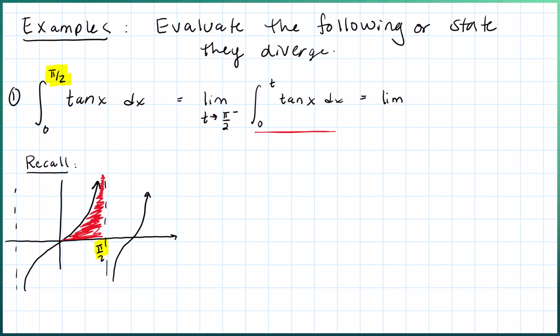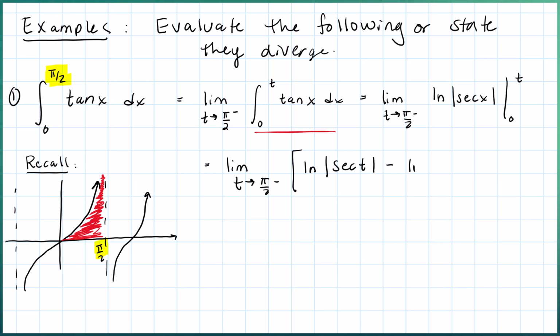So this is going to be the limit as t approaches pi over 2 from the left. This becomes the natural log of the absolute value of the secant of x, and we're evaluating it from 0 to t. So we continue with the evaluation of the integral across those bounds, and we get the natural log of the absolute value of the secant of t minus the natural log of the absolute value of the secant of 0. Well, the secant of 0 is 1, so this becomes the natural log of 1, and the natural log of 1 is 0. So this piece becomes 0, and what we need to do is think about what is happening